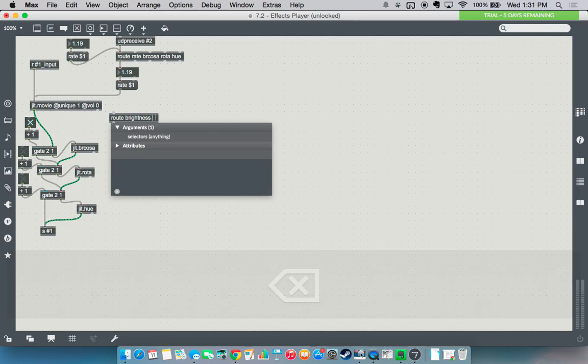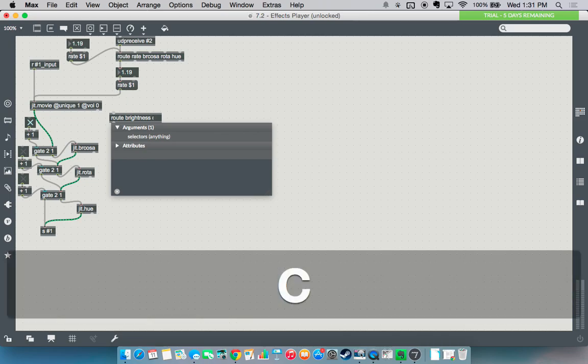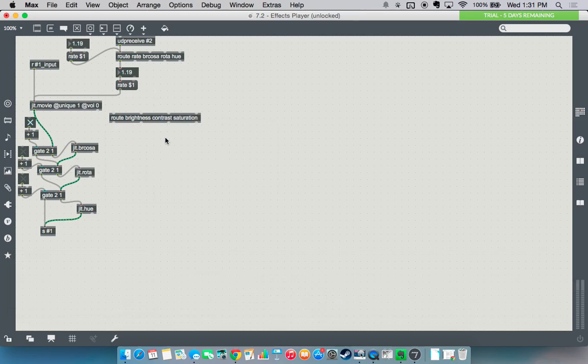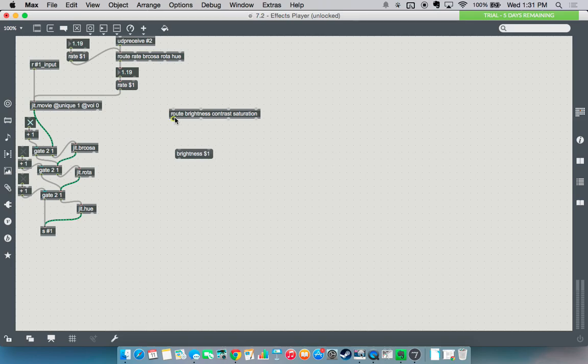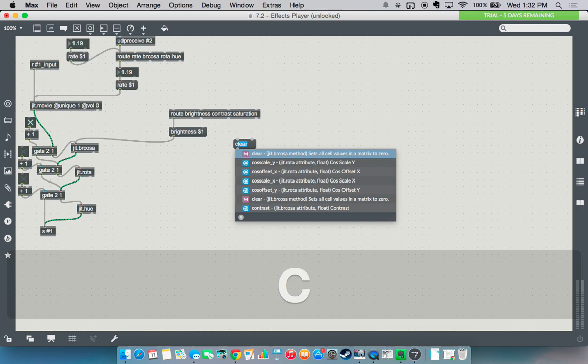Brightness, route for saturation. Actually, no, what was the second one? It was contrast and saturation. And we just do the same thing we did here where we put those symbols back in with a message. So brightness, $1. And if the input matches brightness, send that to the BR COSA. Whoops, I need a message. Contrast,